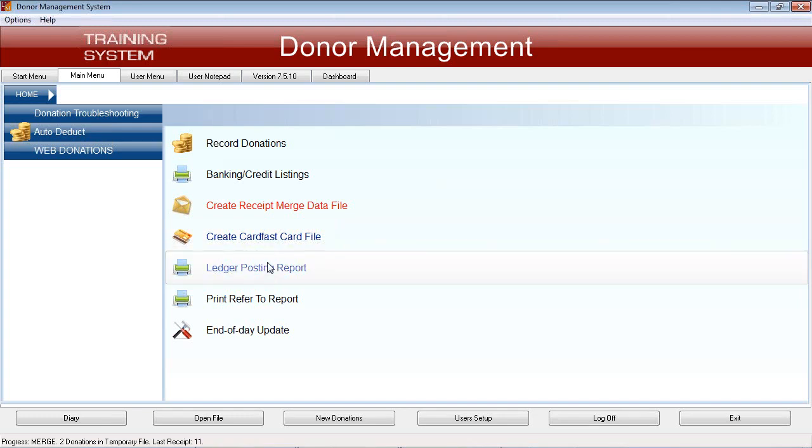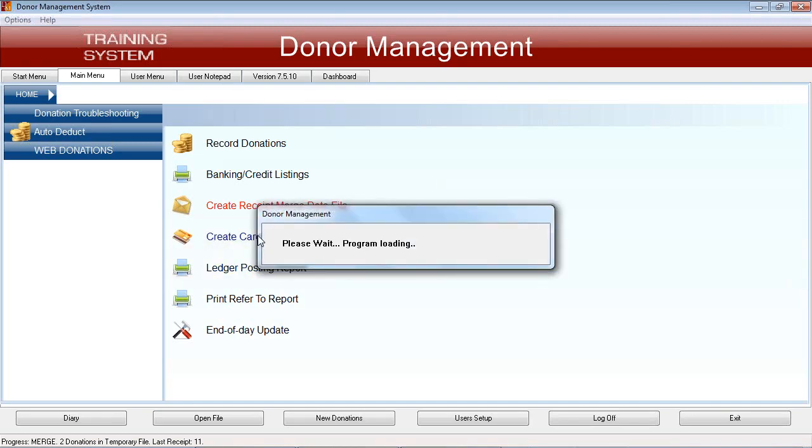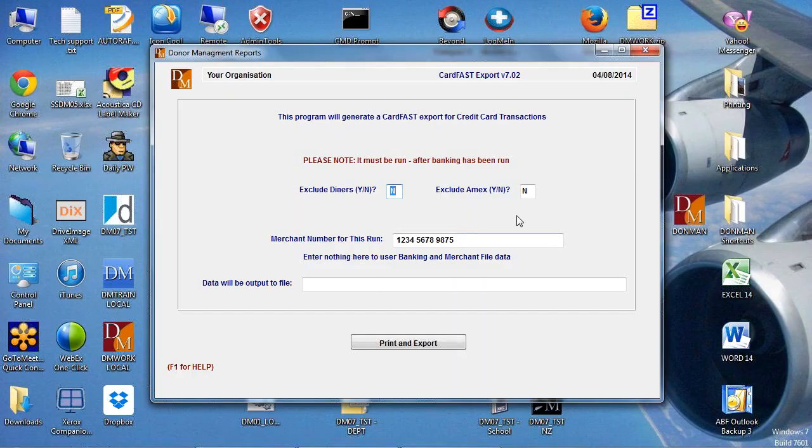In this case, I haven't processed any credit cards, so if I were to run this program, it would really say there's nothing to print. But just so that we can see what it does, it says it must be run after banking's run. If we do Amex and Diners, because depending on your bank and different things, sometimes you can't put them through the bank, so you still have to do them by printing out the form and sending it directly to Amex or Diners. The majority of banks nowadays, or of more recent times, I think, have got that ability where you can put them through the same as you can MasterCard and